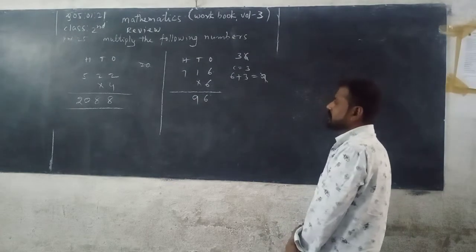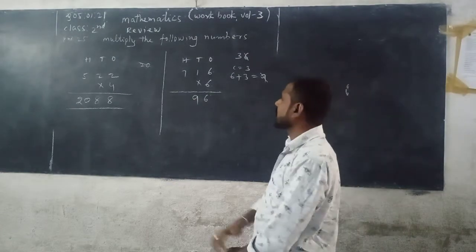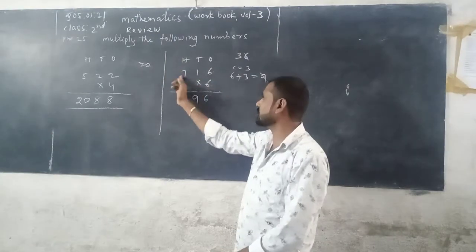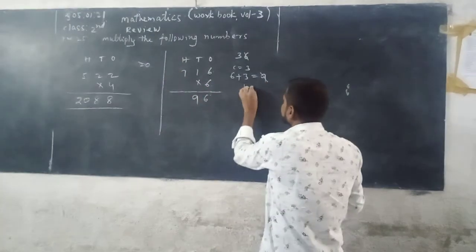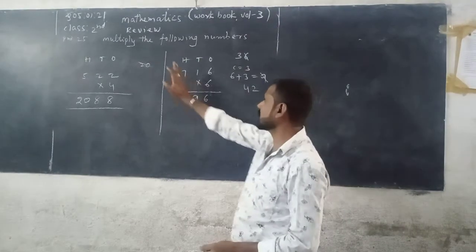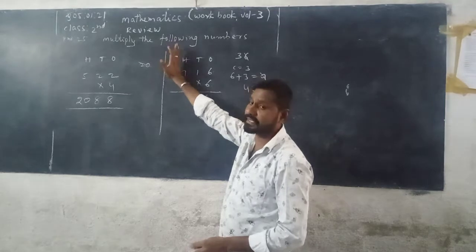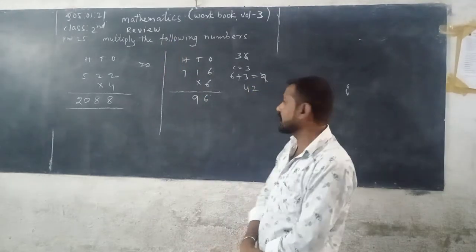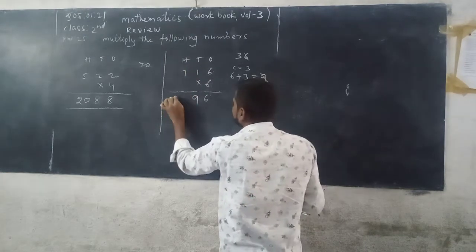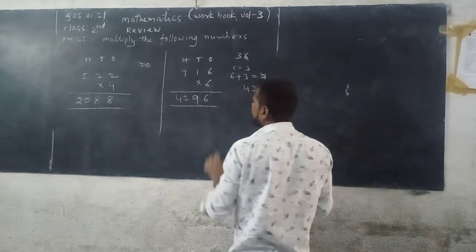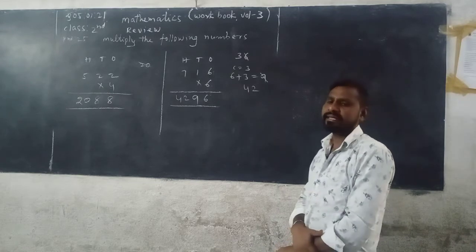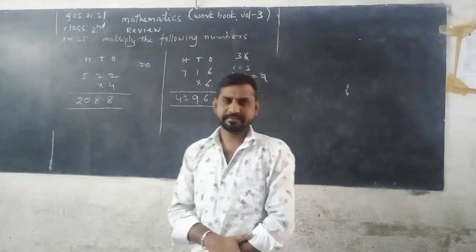Last, we multiply the digits in hundreds place. 7 with 6. Then you can read 6 table. 6 7s are 42. See here. There is no carrying because this is the last column or last place of the given number. Then you can write 42 in hundreds column of the product. Now product is equal to 4296.